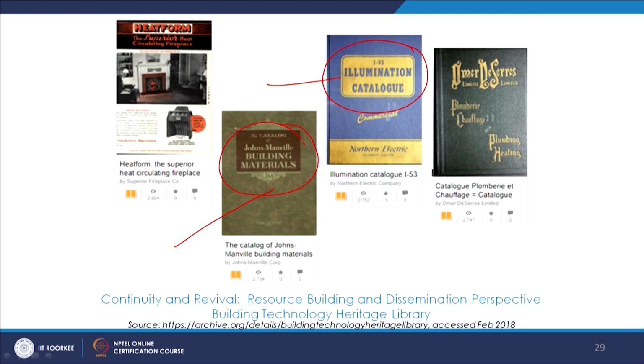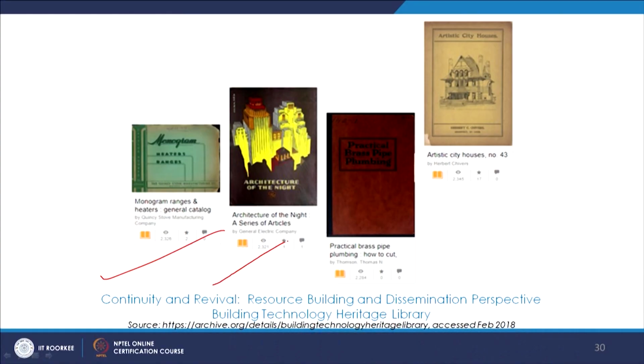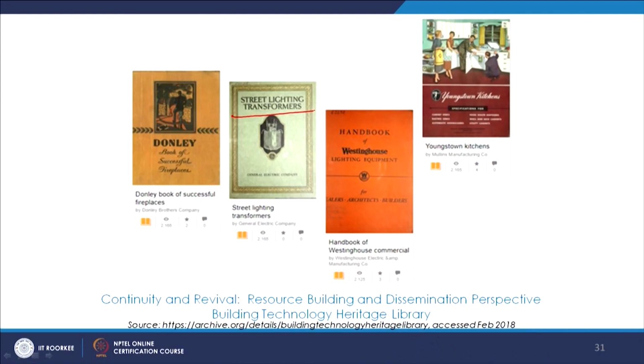And there's this catalog of building materials and so many other things about plumbing and heating, and more details over here. Architecture of the Night, so that's a specific series. We see some more details which talk about the artistic houses. All those kinds of catalogs and building resources. Street lighting specifically. Again, kitchens, lighting equipment, different kinds of house typologies and different kinds of tools and wiring and heating and plumbing, electrical devices. All this cataloging does help once the resource is built up and it's there out in the open for people to refer to and follow and learn from.